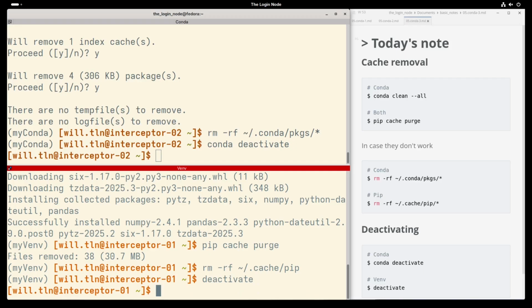You now have your own private workstation. You know how to create it, how to avoid the init trap, and how to keep it clean. In the next video, we'll wrap up the basics with some troubleshooting tips.